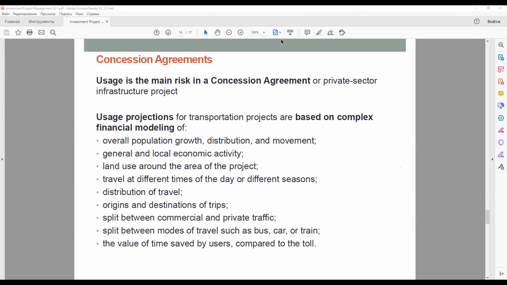So let us summarize all that above. What is the result of all this? Firstly, the rate of failure in toll roads is significantly higher than in other infrastructure projects. Secondly, in many cases, the contracting authority recognizes that transfer of usage risk is inappropriate.